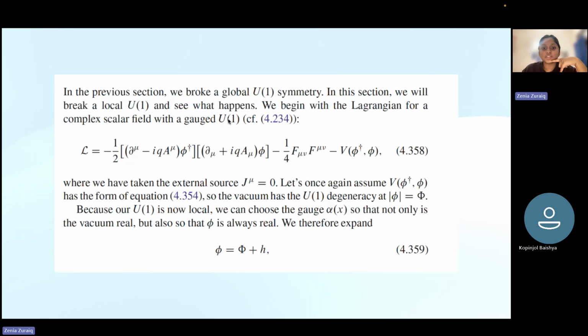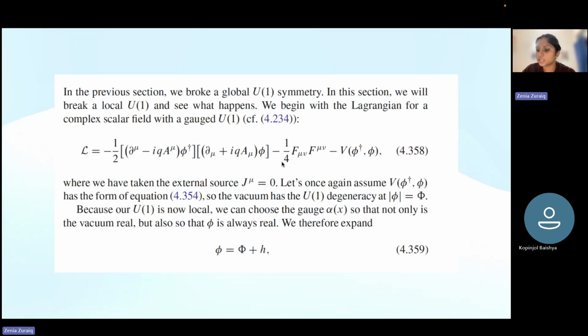So we begin with the Lagrangian. You can see that now we are writing a local symmetry. You can see that already we have replaced the del mu with the capital D mu. Because we have a local symmetry, we have to replace all the small del mu with capital D mu. That's what is replaced here. We have the usual mass or potential term,